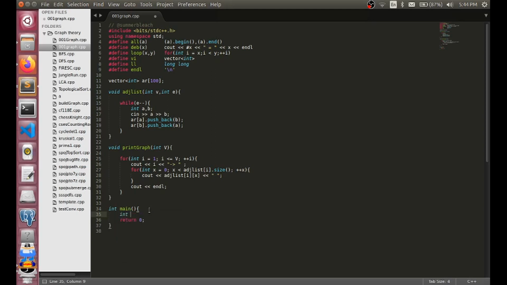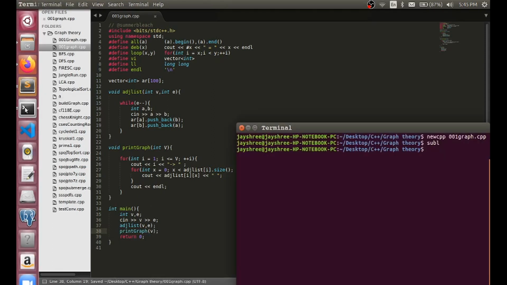Also, first of all we need to take the vertices and edges as input from the user. Then we'll call the function which is EasyList and store those values. Took the input and then we'll print the graph passing the number of vertices. I think that's enough. Let's run the code and see.